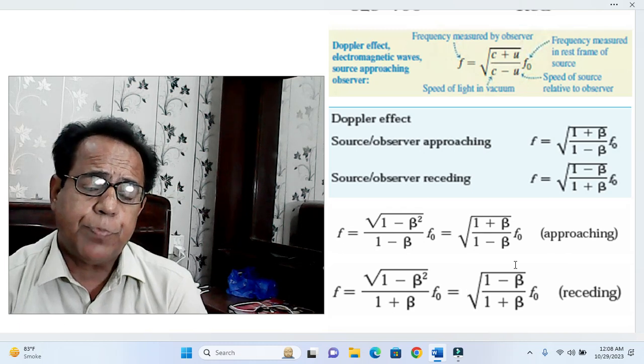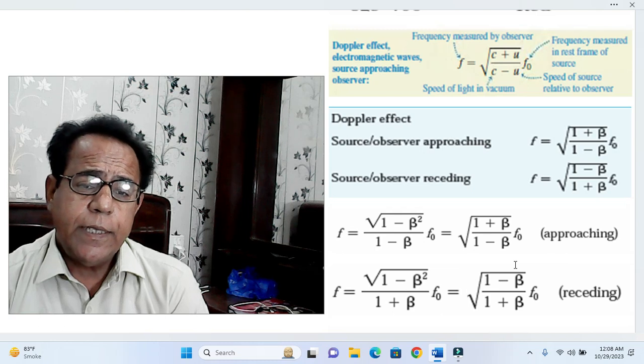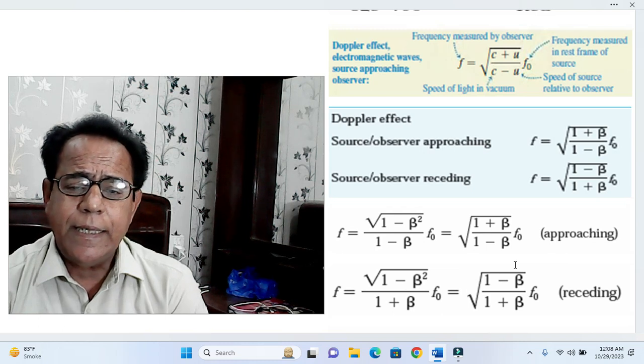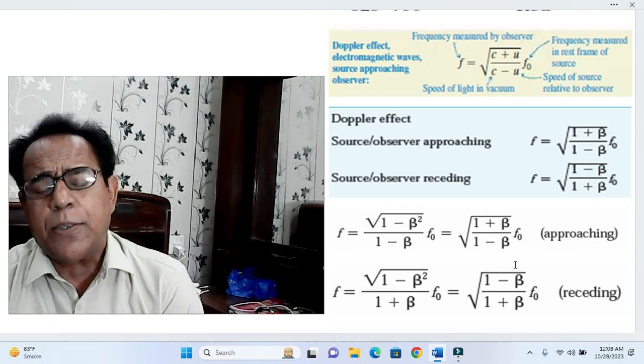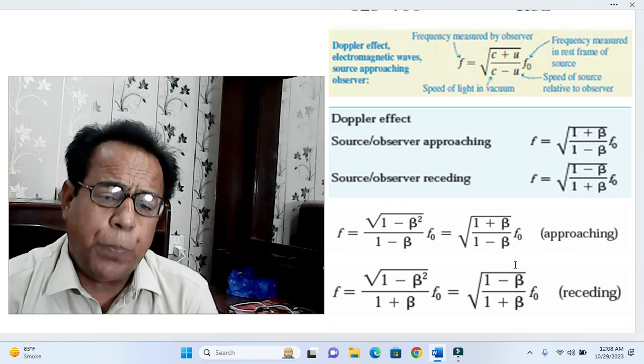Okay, this is about the Doppler effect, and subsequent 2 or 3 snapshots are also dealing with Doppler effect